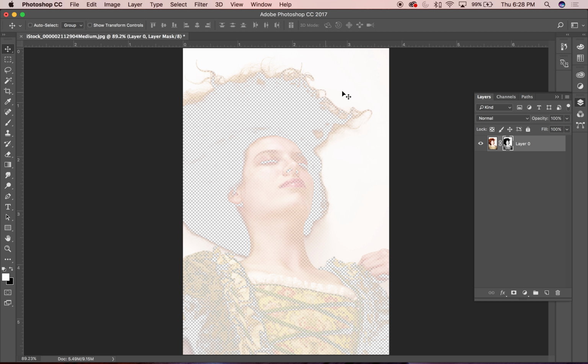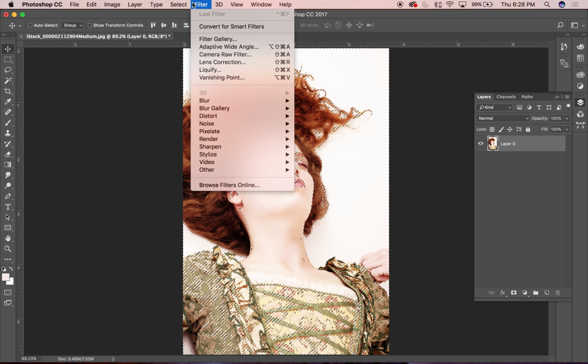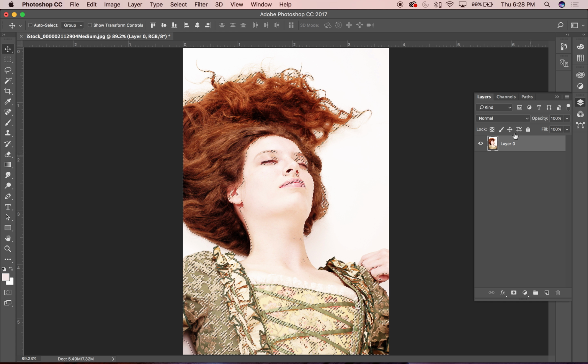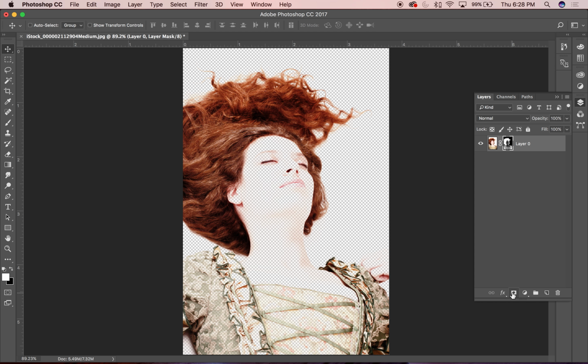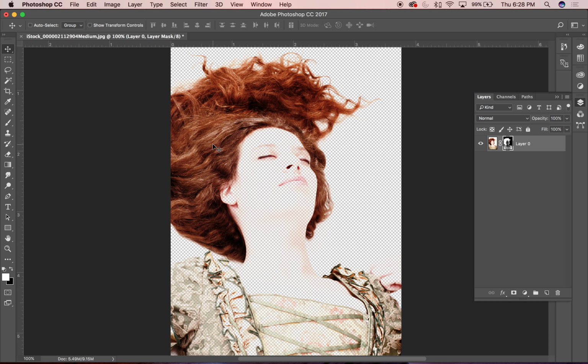So this selected the opposite of what I want, so I'll hit undo, and then I'll do the inverse of selection over here, and then I'll reselect a mask. So now I have the hair piece that I wanted, and then all of her face is kind of like semi-transparent too, based on what I had in my selection, which is fine. So now I'm still at the point where I need to keep working on this selection,